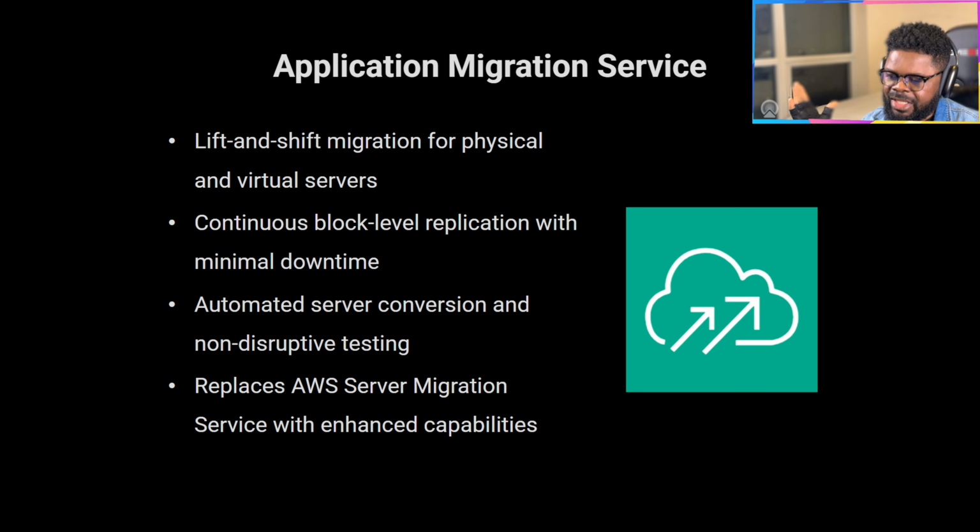So the whole idea, you can deploy agents on those machines, and then you can use them to basically wire up the migration. It replaces AWS Server Migration Service with enhanced capabilities. As we'll see again, most of the services that we're mentioning, whether it's the evaluator, the discovery, or the migration service themselves, they all connect with the Migration Hub, which is the next service we're going to see. And when we go to the UI, it becomes more